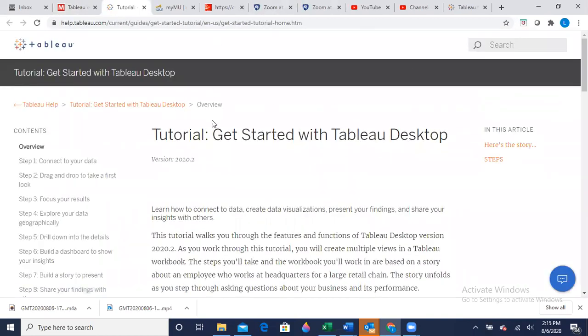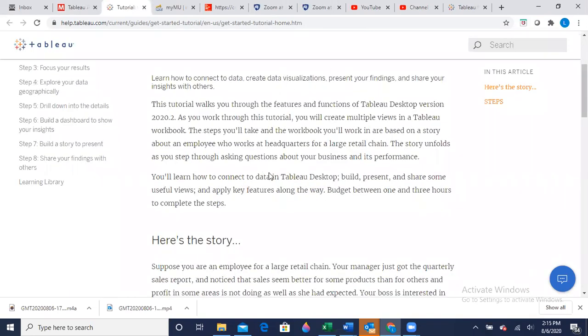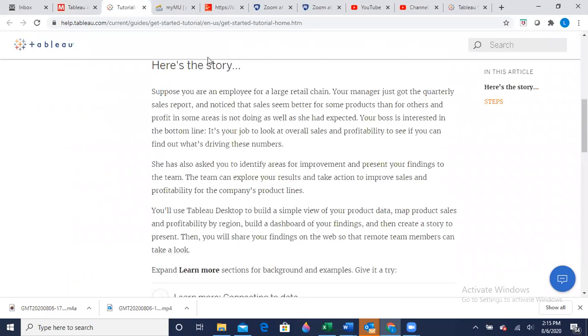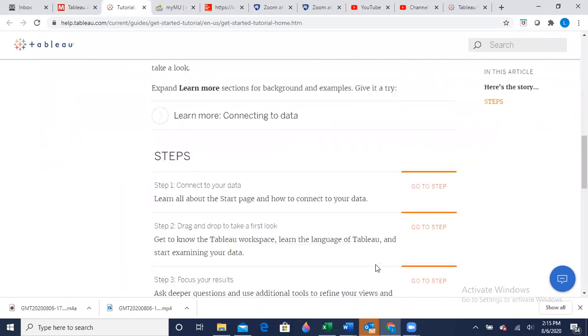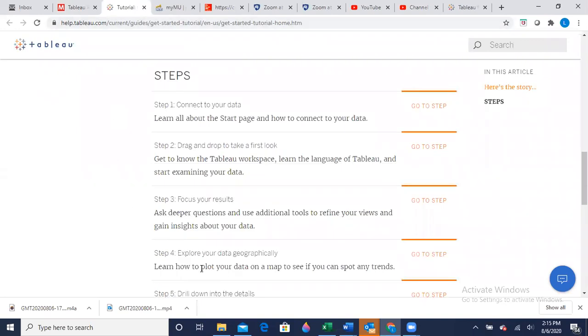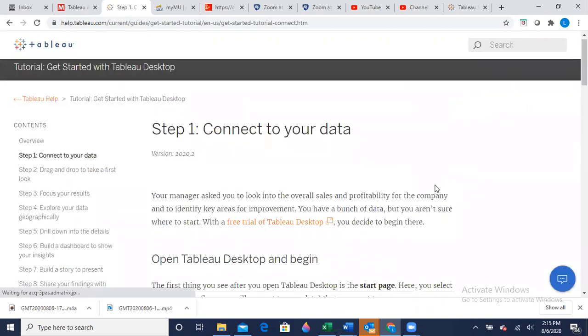So when you click on that tutorial, Get Started with Tableau Desktop, take your time, walk through it. They give you a scenario, and then they take you through the steps. Click on each step and see how it's completed. So learn all about the start page and how to connect to your data.